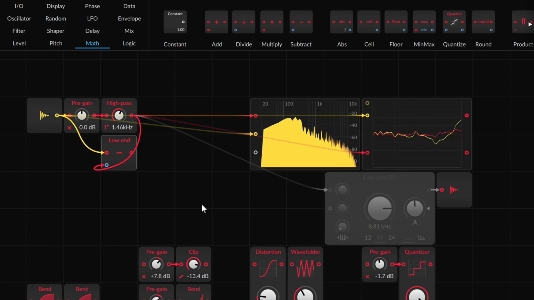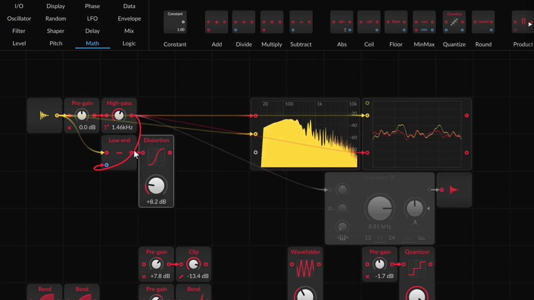And now we could take our different methods of distorting and apply it to different sections. So maybe I'll take something a little simpler for the low portion, like the distortion here, and apply it to the low frequencies. I can drag it over to the filter.